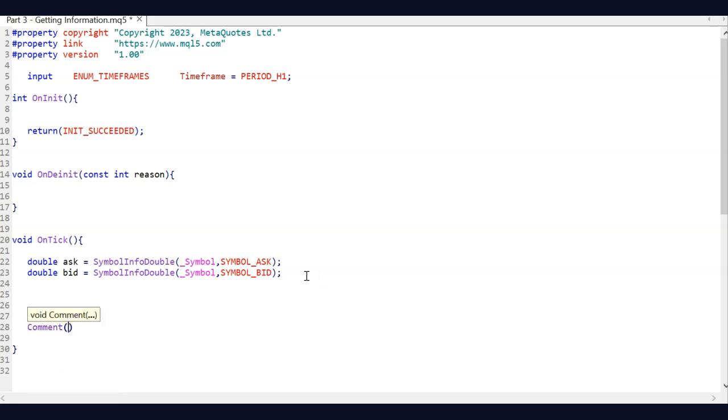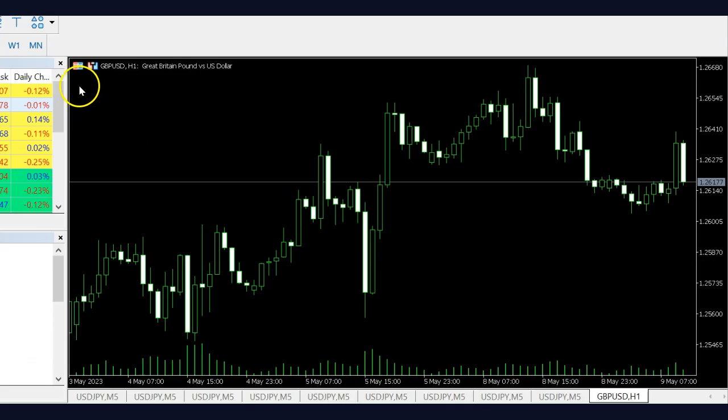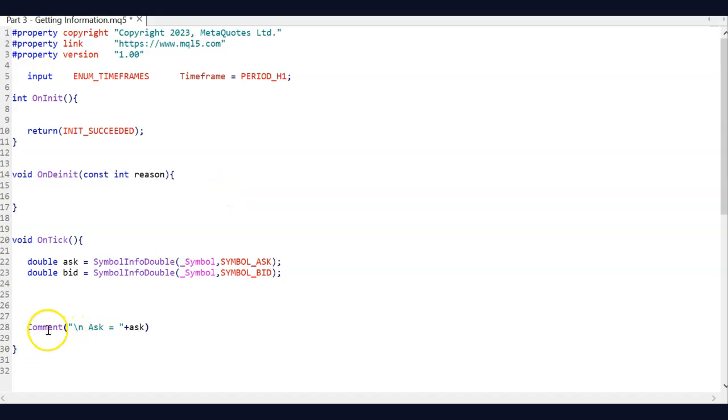and I'm going to simply do a comment on the chart and we'll see what it means. Basically, we're going to print a comment here on the chart. And the way I'm doing it is it's a command that comes with MQL. So the moment you write comment and hit enter, it's going to open up the bracket, and you have to provide a string. So I'm starting with an apostrophe and \n. That basically means first put a break, meaning go to the next line, and then print ask equals to,